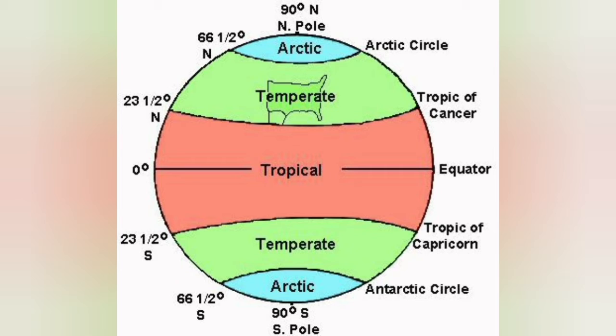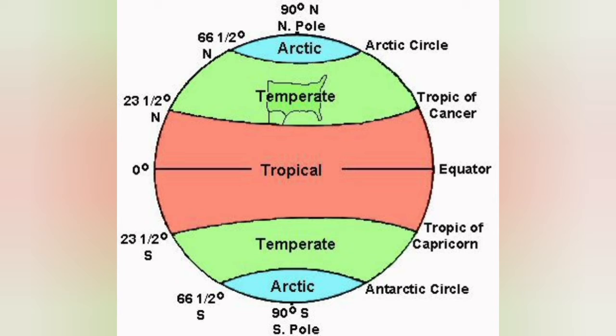The first one is the Tropic of Capricorn, which is 23.5 degrees south. Then Antarctic Circle, which is 66.5 degrees south, and the South Pole, which is 90 degrees south. Here you can see that all the numbers are the same. For example, Tropic of Cancer and Tropic of Capricorn both have